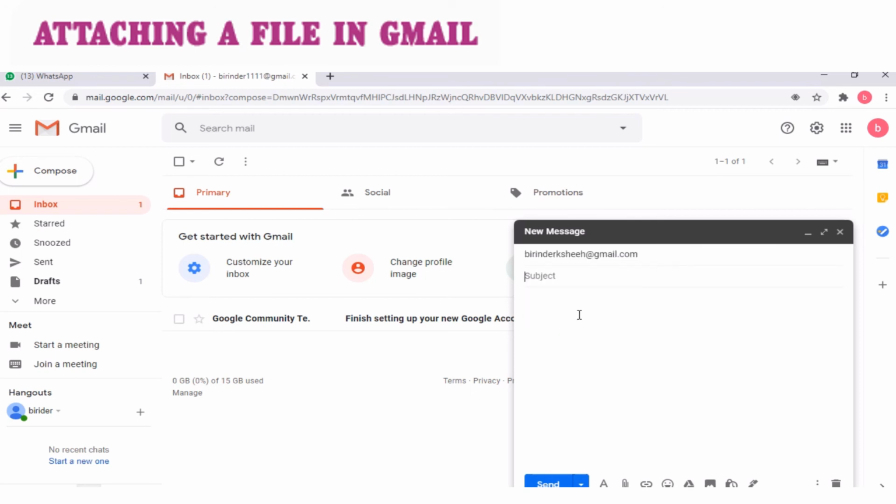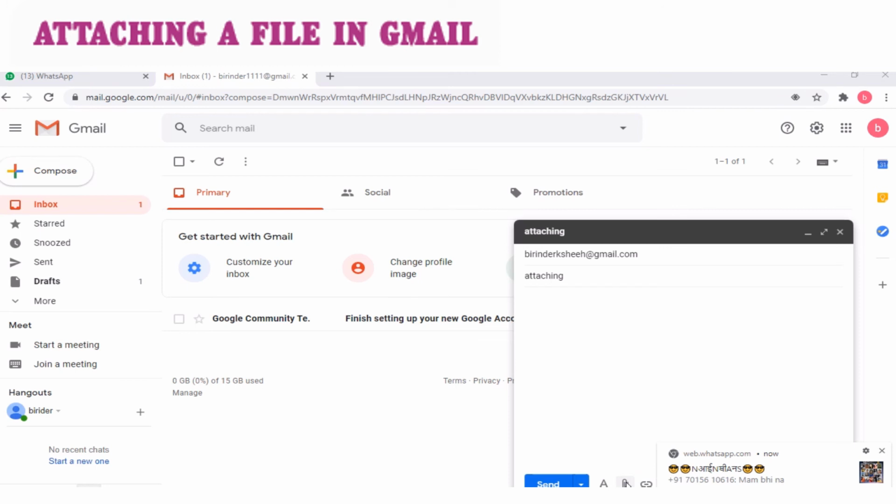So here I am going to write the subject: attaching. Now here I am going to attach. This is the paperclip sign which you will use for attaching files.